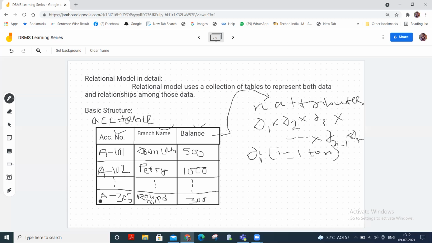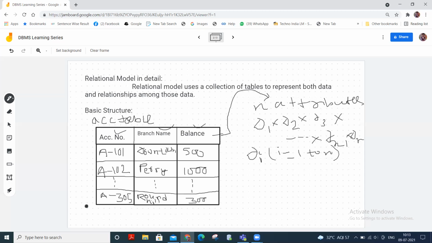A relation is defined to be a subset of the Cartesian product of a list of domains, and tuples are essentially relations. We shall use the mathematical terms relation and tuple in place of the terms table and row. So we will call the table a relation and a row a tuple. A tuple variable is a variable whose domain is the set of all tuples. The order in which tuples appear in a relation is irrelevant.